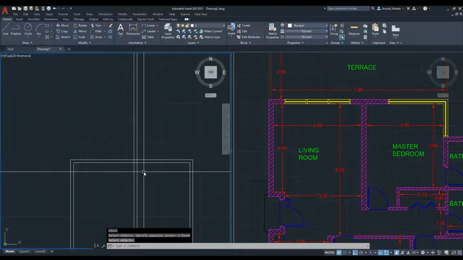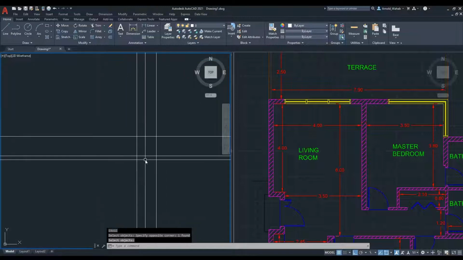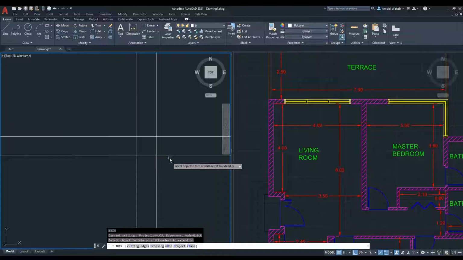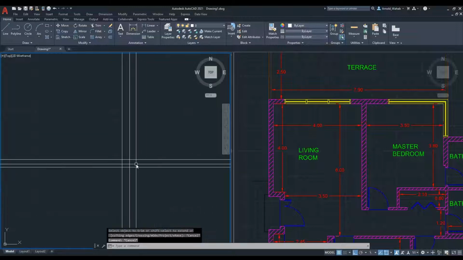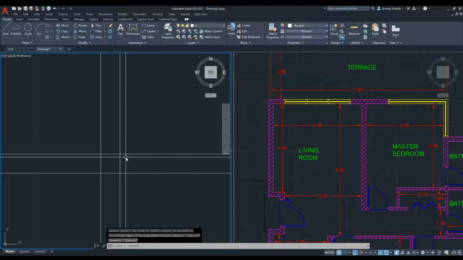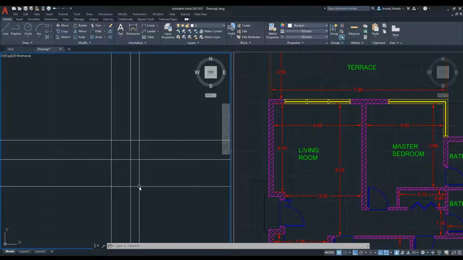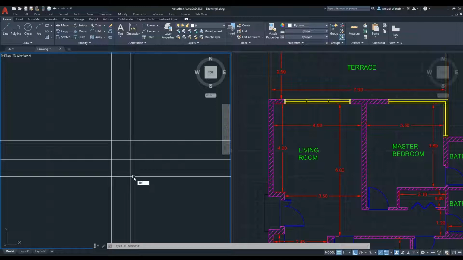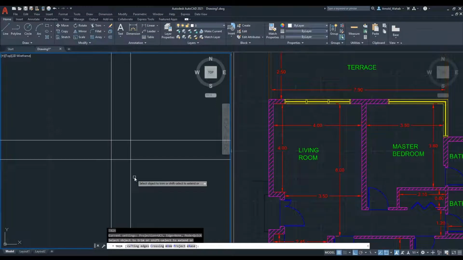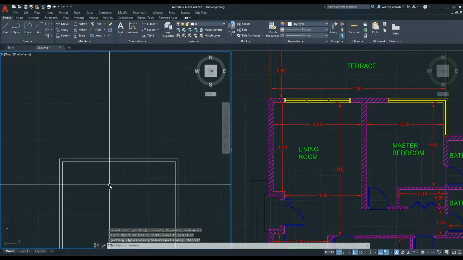What we did earlier was just press trim, cut this portion and make fillet. The other way, if you want to have your cutting edges boundary, when you press trim,